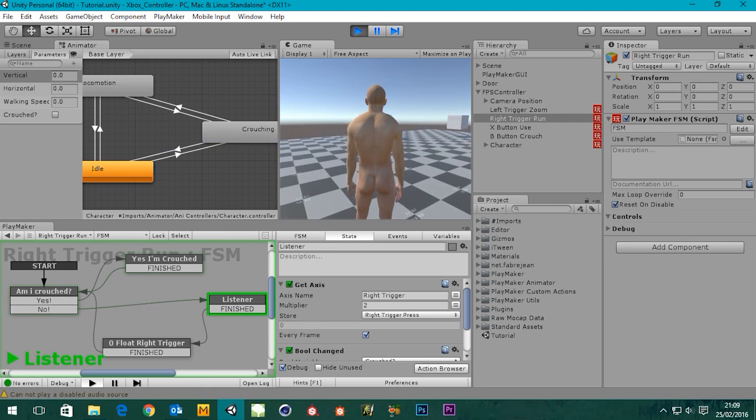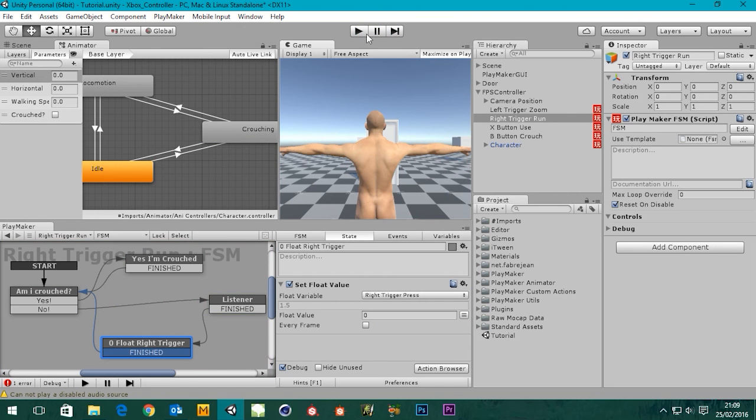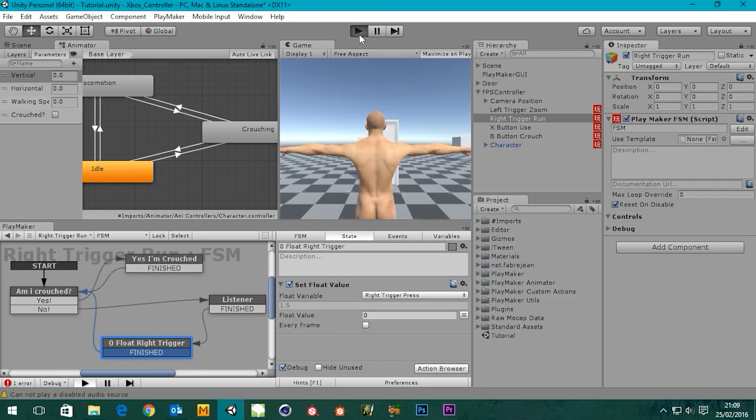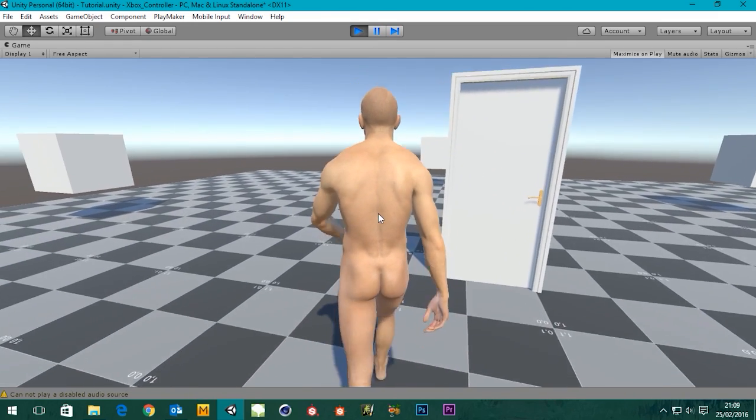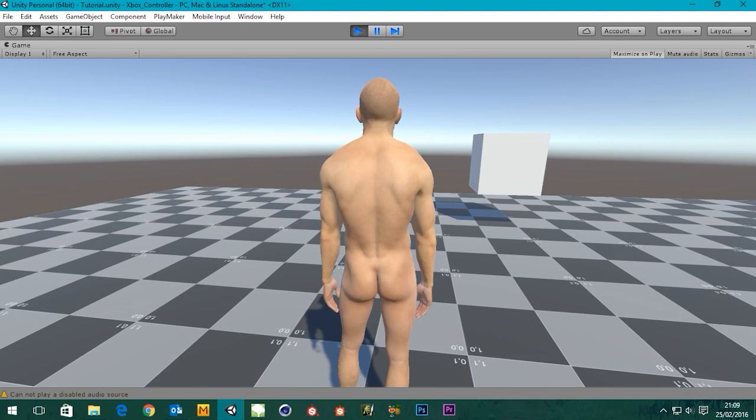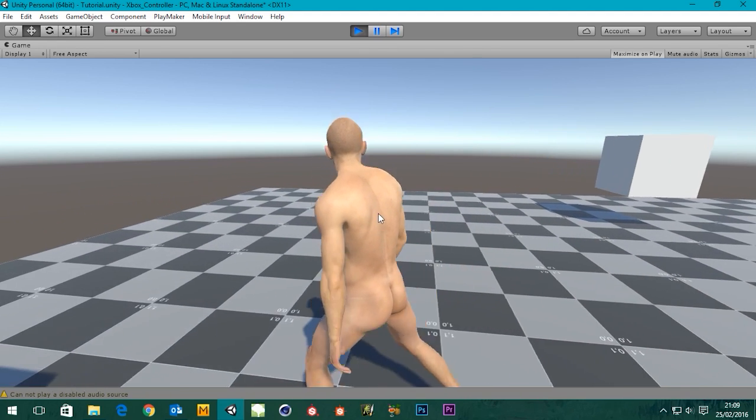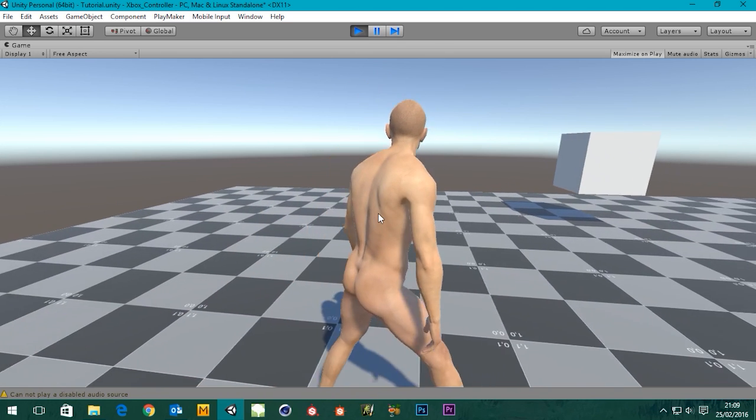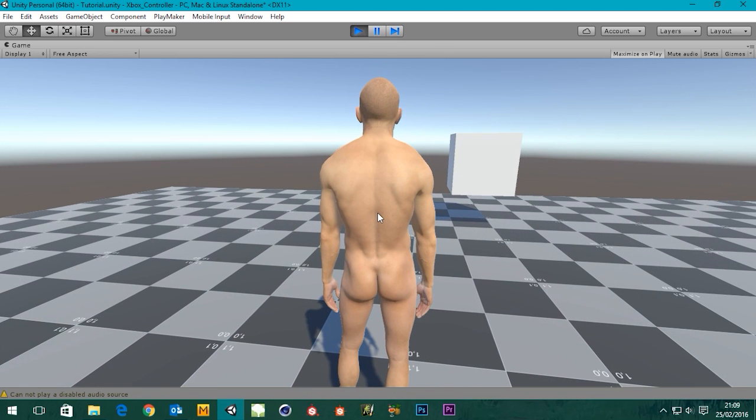I suppose there's one other thing to note. In fact, let's keep this plain. In fact, let's maximize this window so it's a bit more obvious to see. When we walk, we're walking, and if I just abruptly take my thumb off the thumbstick, you'll see that he shakes a little bit,